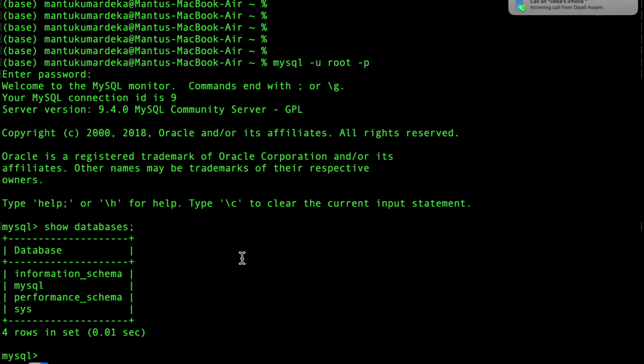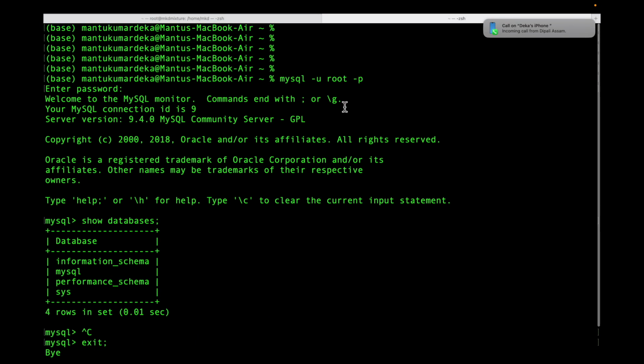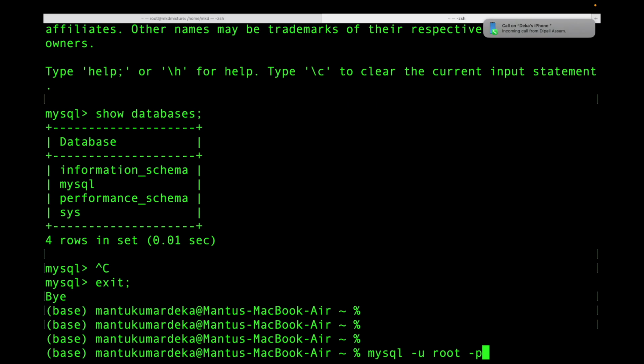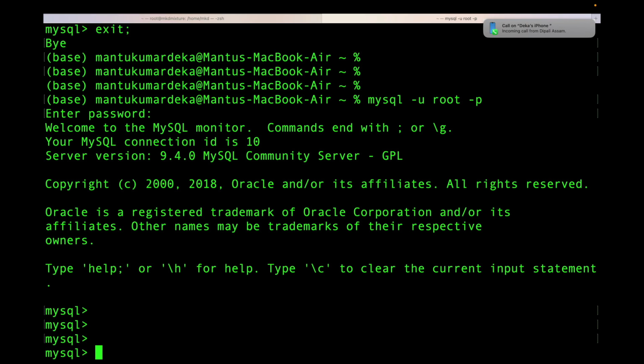So in case it's not connected, let me access. Okay, so in case after running this you are not getting this, what you have to do, suppose I just run mysql. You can see I just ran mysql here, and it's asking my password. And in case you are not getting this type of window,